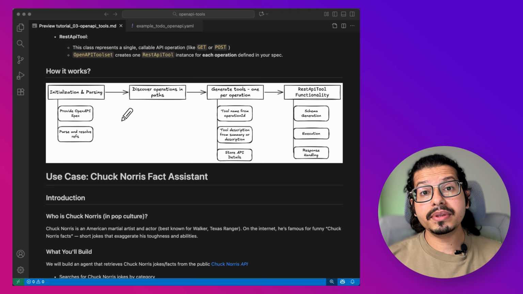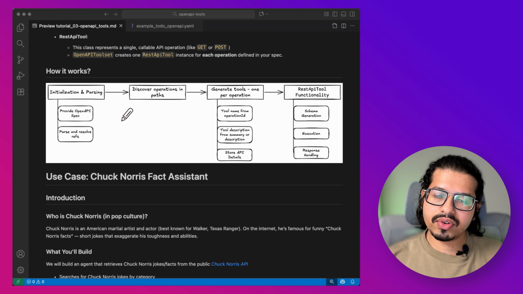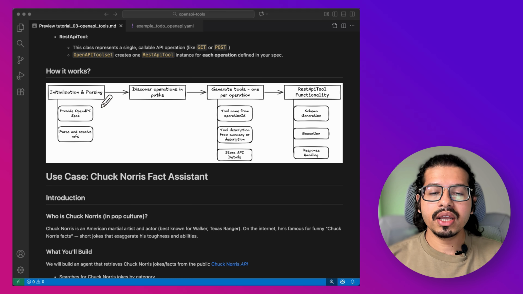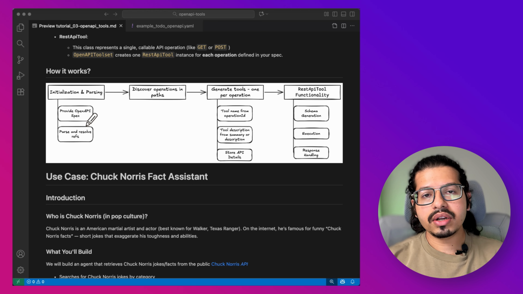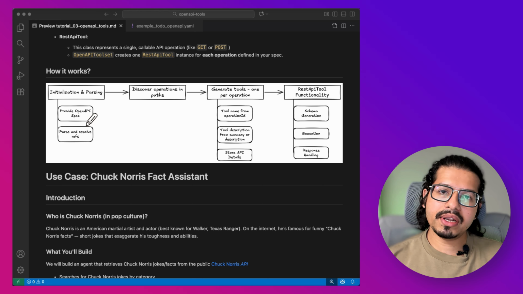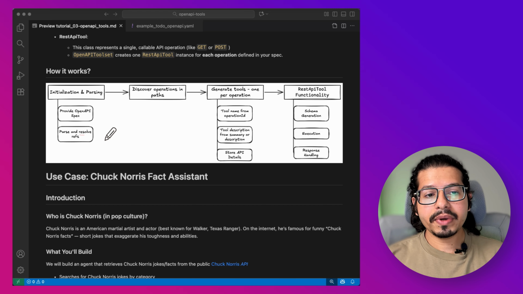Now let's see what happens under the hood, because it's important for us to know. The first step is initialization and parsing. We have to provide the OpenAPI specification to the OpenAPIToolset class, either as a Python dictionary, a JSON string, a YAML file, or a YAML string. The OpenAPIToolset class then internally parses and resolves any references that are part of the OpenAPI spec file. The second step is